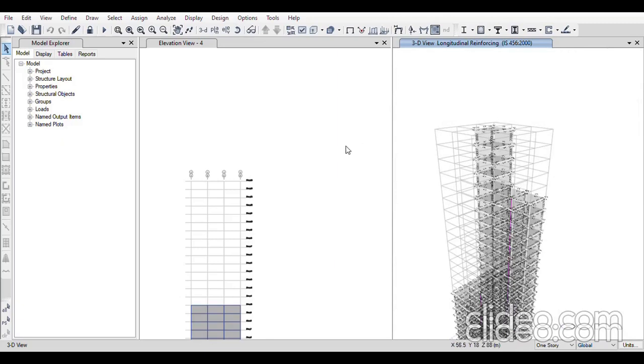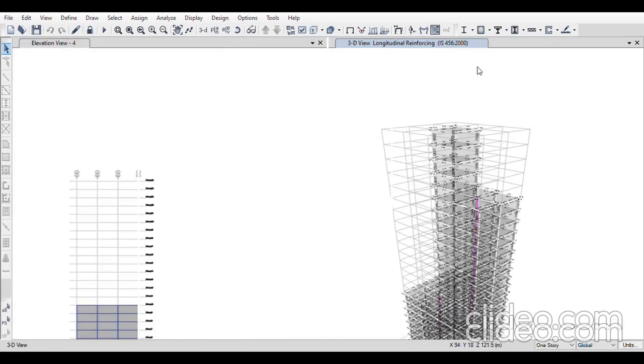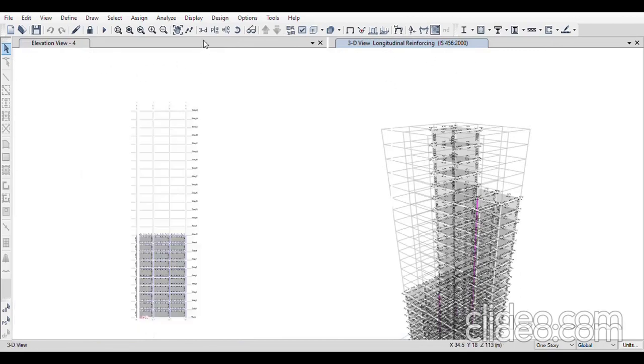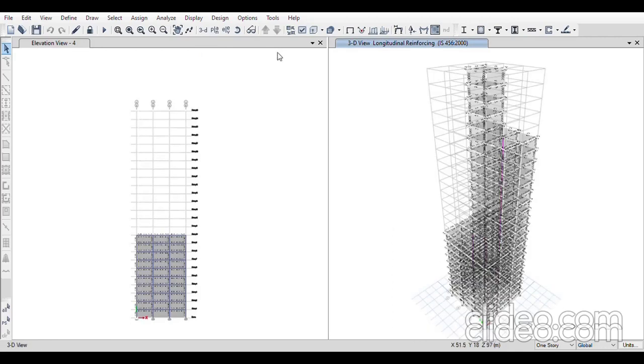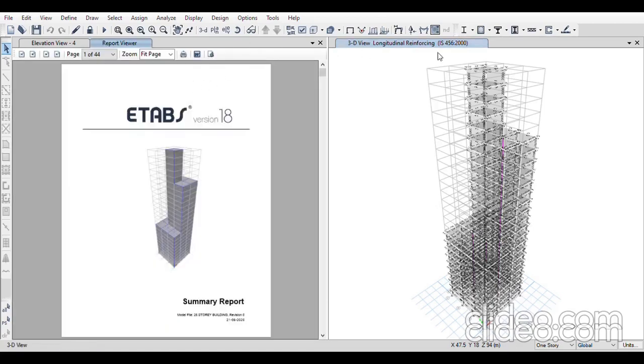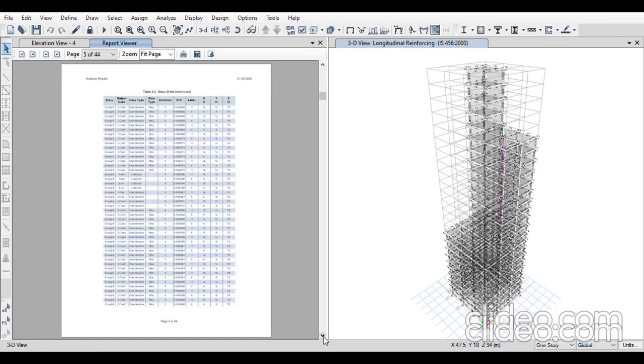So I'll go to report and generate my report here. I'll check the summary report. This is the summary report of the tall building which I have designed. I can check all the details here.